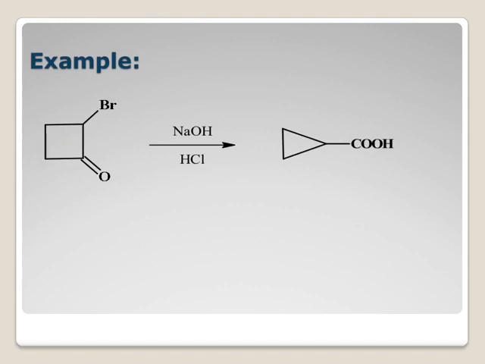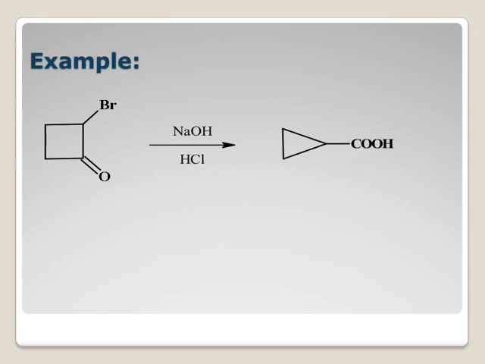The other possibility is, instead of attacking there, it can attack directly on this carbonyl carbon atom, oxygen will acquire negative charge, and then there is migration of this sigma bond over here, means this bond breaks and those electrons shift over here and bromine leaves the molecule. So in whichever route is followed, we will get cyclopropane carboxylic acid derivative.